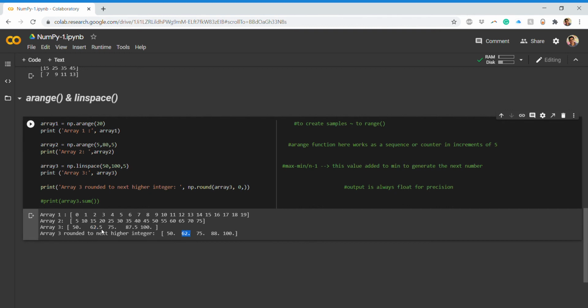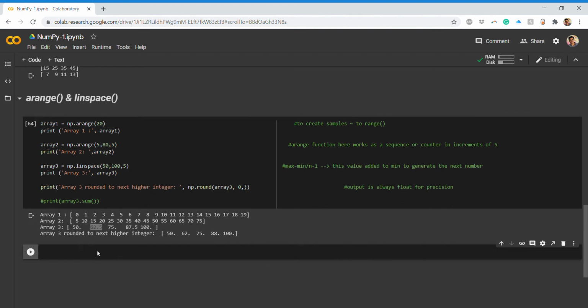It basically works in this way: whatever number is 5 or more, you round up to the next higher integer. If that value is less than 5, you keep it there only. So I'll just explain in this way.